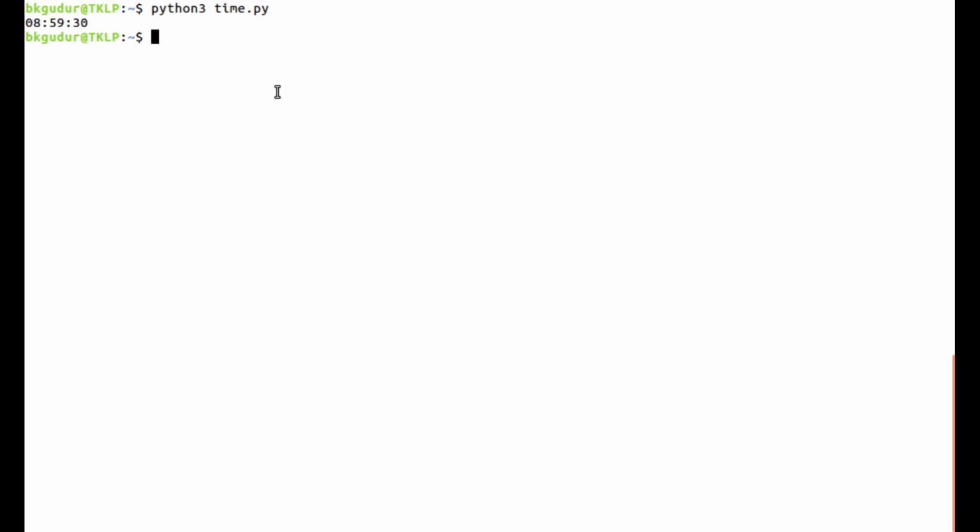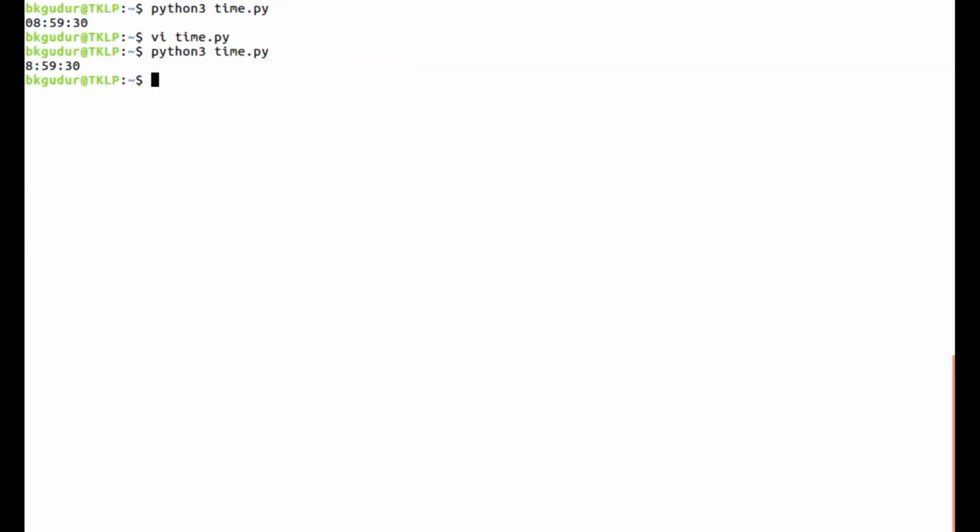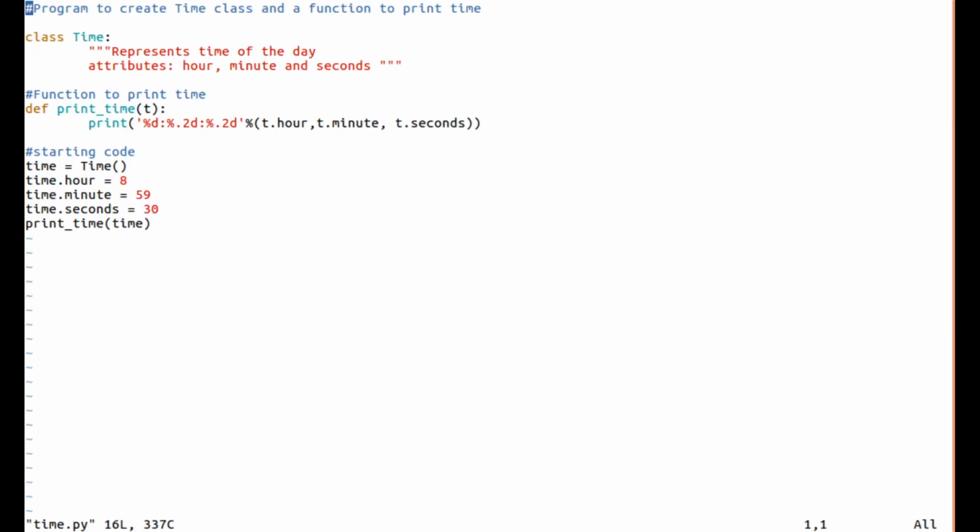Now this is 8 hours 59 minutes and 30 seconds. Look at this. While initialization I had given only 8. Because of this %.2d, it is printing as 08. If I don't write that, if I just write it as %d, then we'll get it as 85930, not in 2 digits.